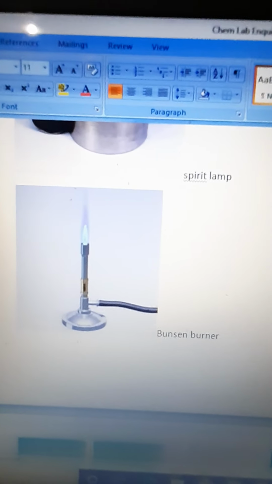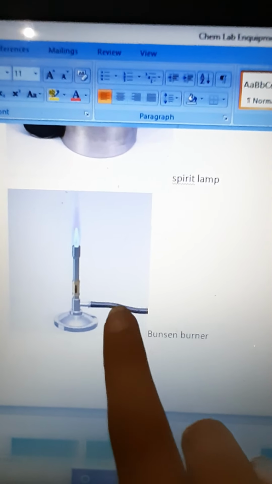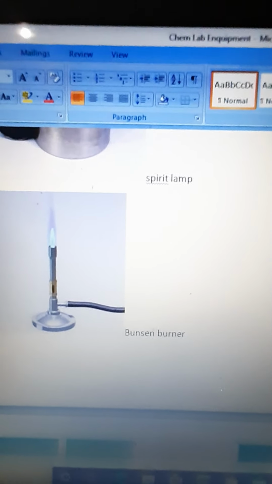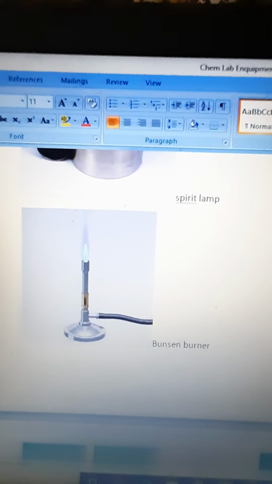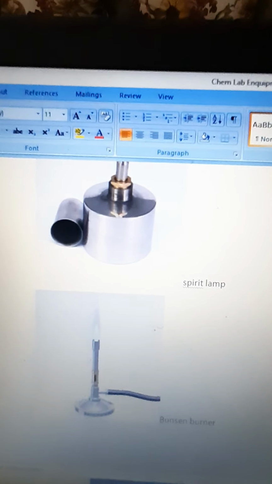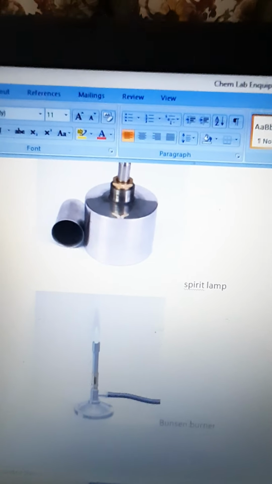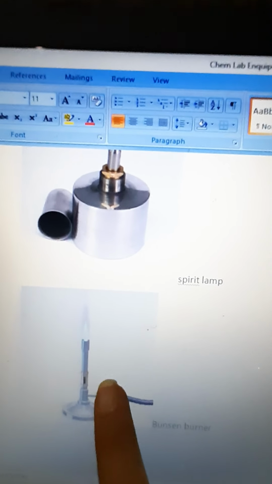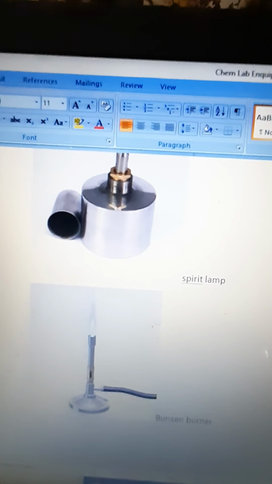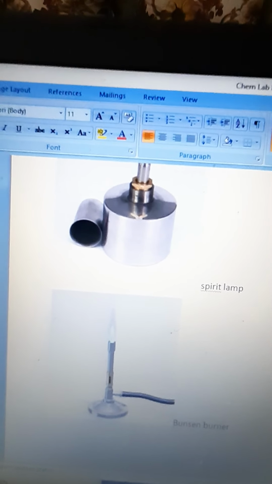Bunsen burner is like the gas stoves which we use in the houses. It has a pipe which supplies the gas, and a burner which can be lit up as used. The advantage of a Bunsen burner over a spirit lamp is just that it can supply endless gas, or the gas we require, but in the spirit lamp sometimes the liquid gets finished and we have to refill it. It interferes with the experiment.